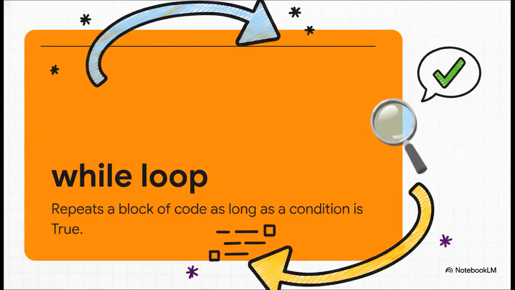And boom, that is exactly the problem the while loop was born to solve. It's Python's super elegant answer, and it's pretty simple really. It's a way to tell your program, hey, keep doing this thing over and over again, as long as this one specific condition is true. That condition, that's the secret sauce. It's not just repeating, it's repeating with a purpose.